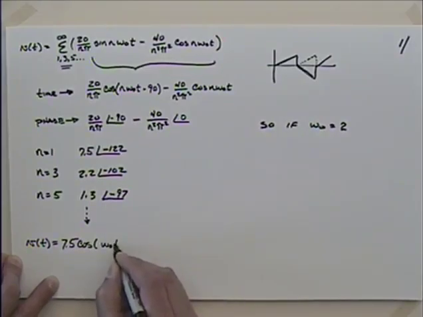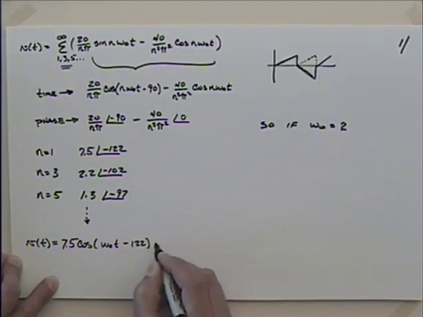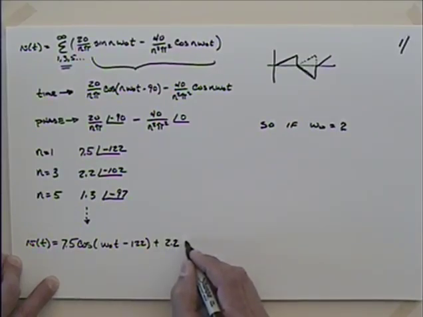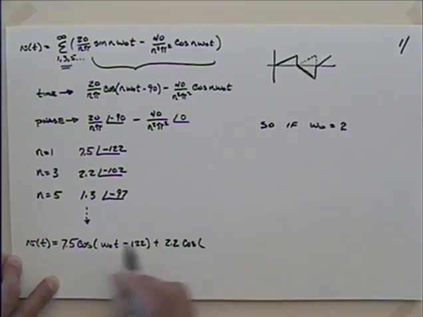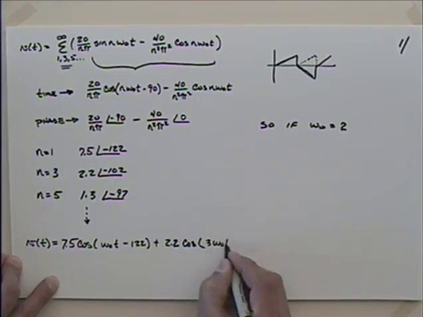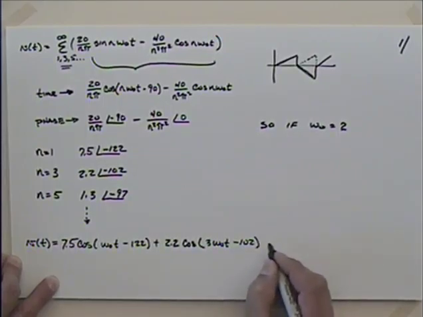So I have omega naught t minus 122. And then I'm going to add to that 2.2 times the cosine of, now n is equal to 3, so I'm going to have 3 omega naught t minus 102,